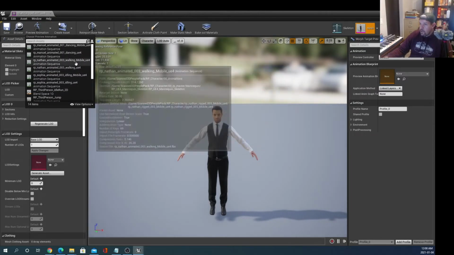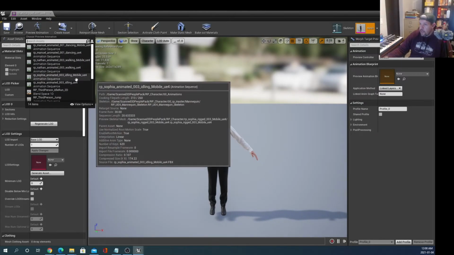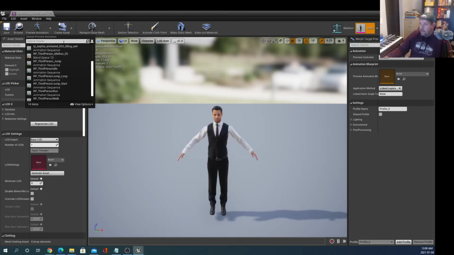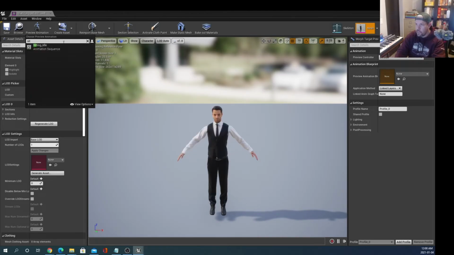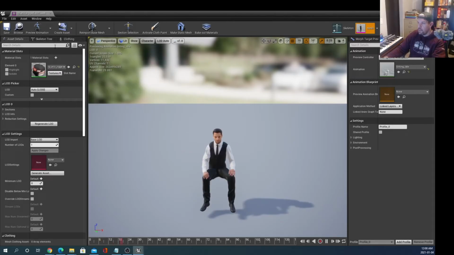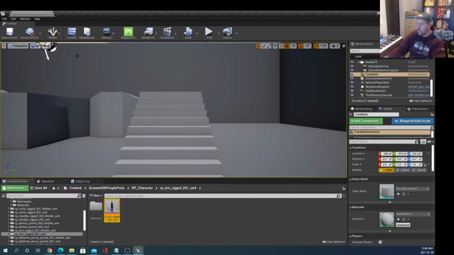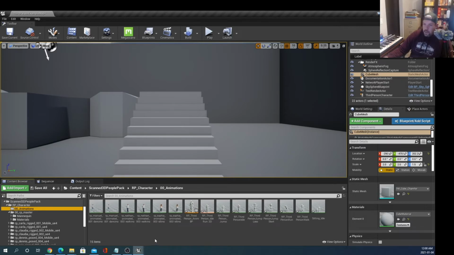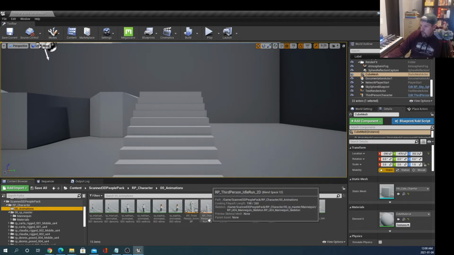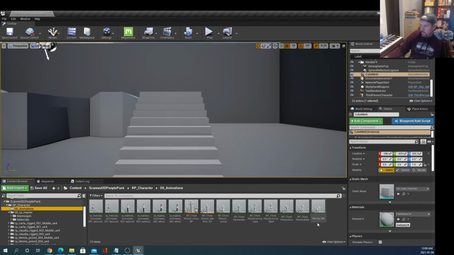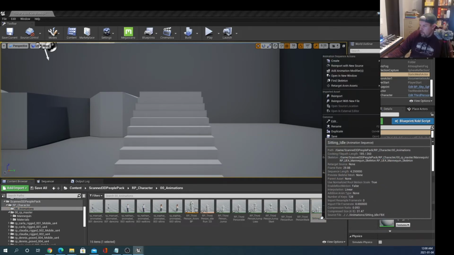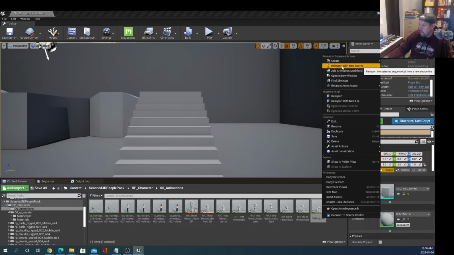If we went to the, where's the sit and stand? Down here, hey, why don't we search? Search, sit, sitting idle. Oh, he's sitting, cool. And then, yeah, that's it. Cool, he's jumping. Okay, cool. And then the other thing you'll notice too, not to just keep harping on the same thing, but I'm harping on the same thing. Because we put that replace, all of these are named different, so we're not going to get confused. I don't know what's going on with this guy, but